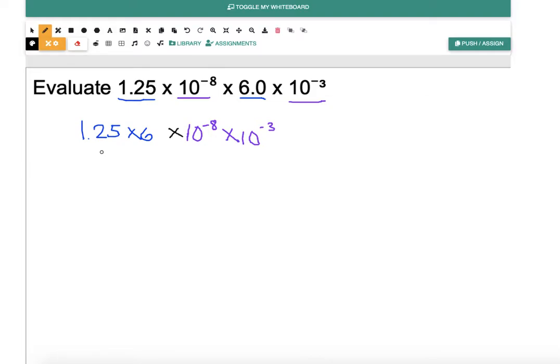So 6 times 1.25 is going to be 7.5. Right? And then you have 10 to the negative 8 times 10 to the negative